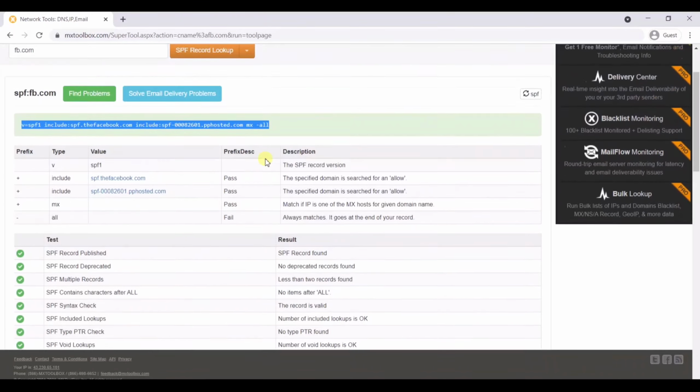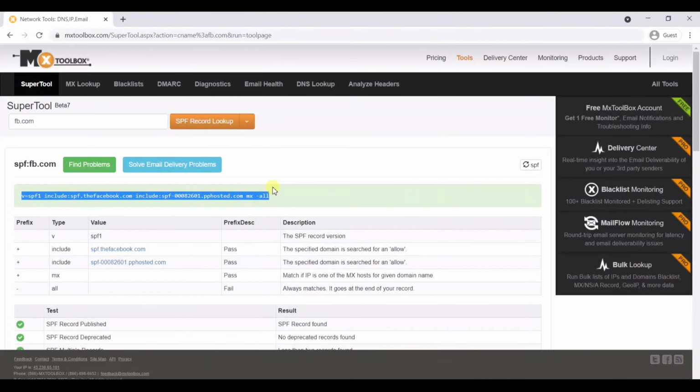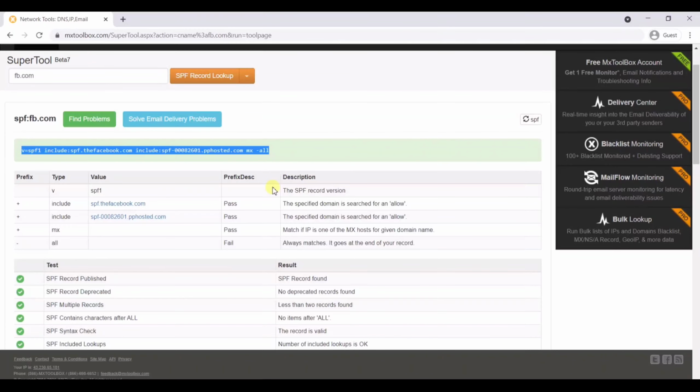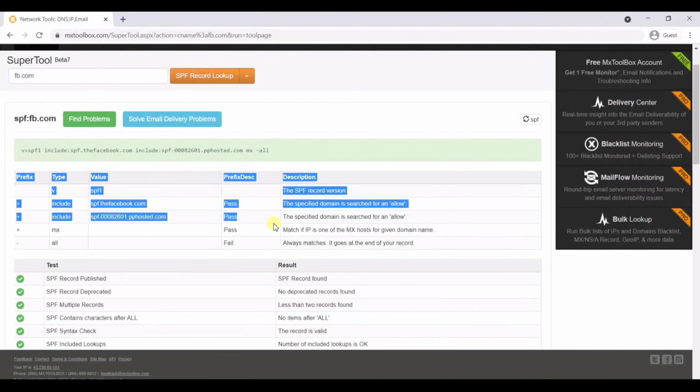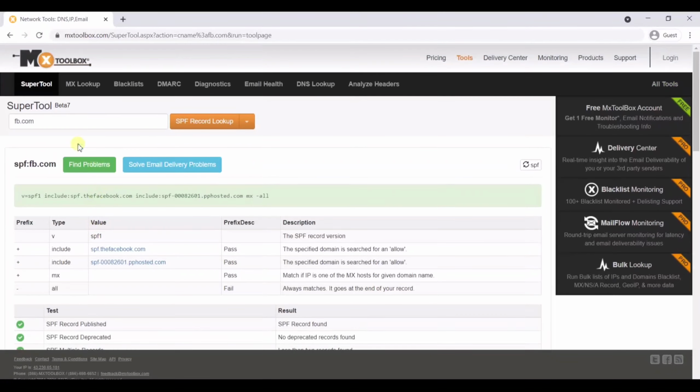So if it is not configured or it's misconfigured, then definitely, again I'll tell you, there are some chances to perform the spoofing attack, a mail spoofing attack. So this is just a simple way of DNS enumeration.